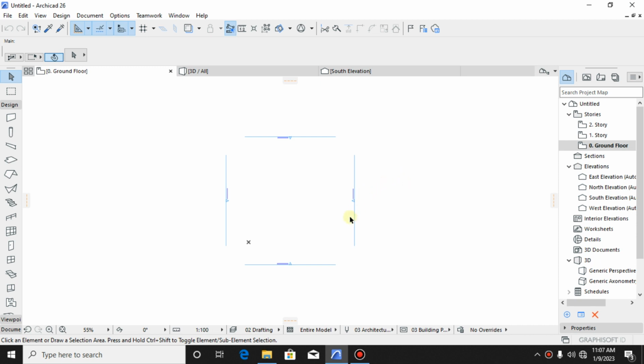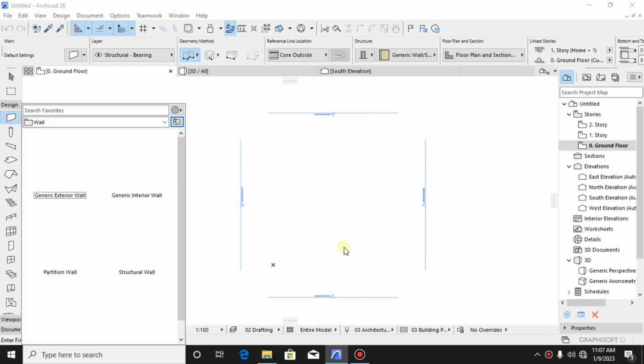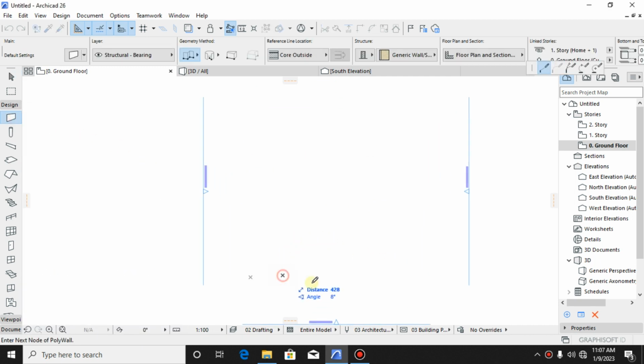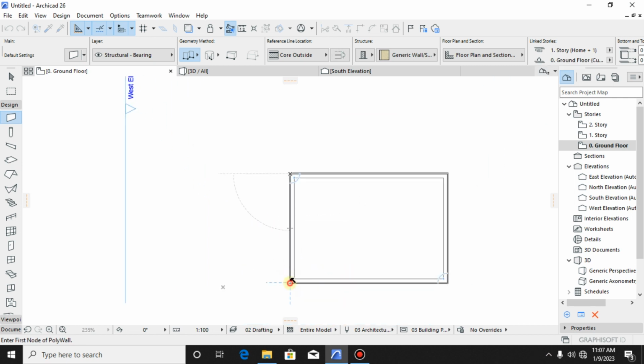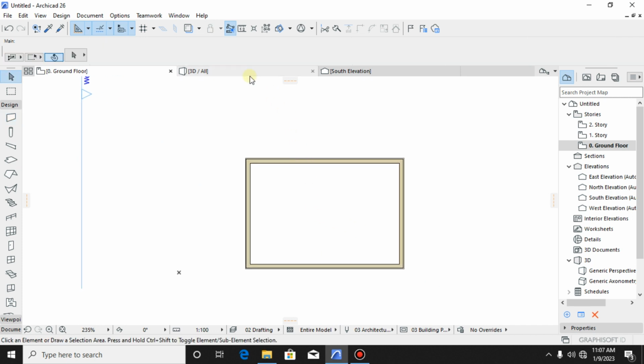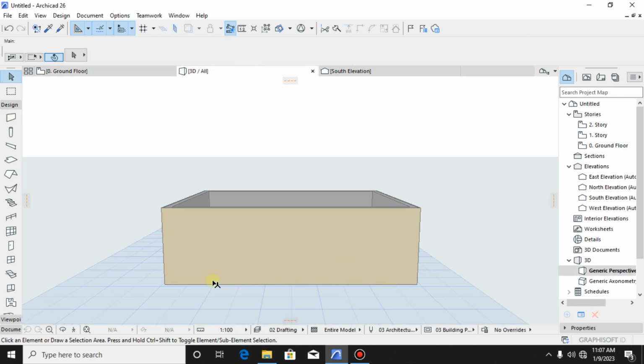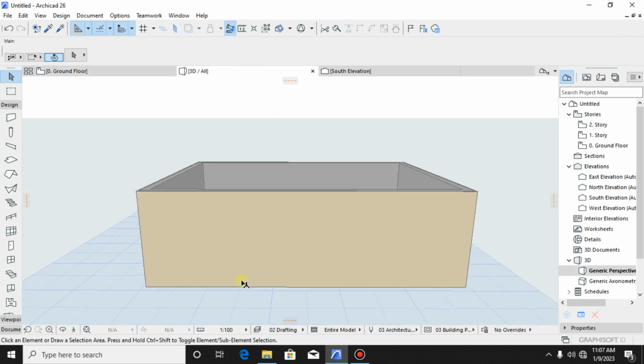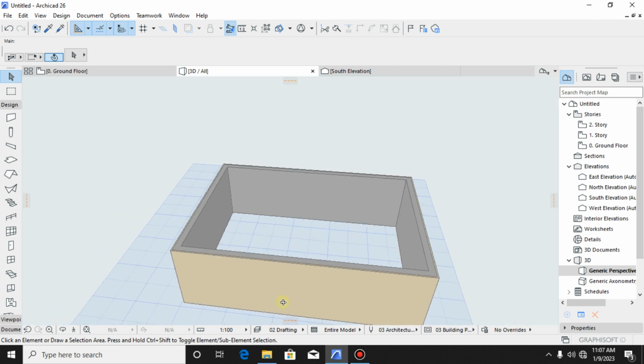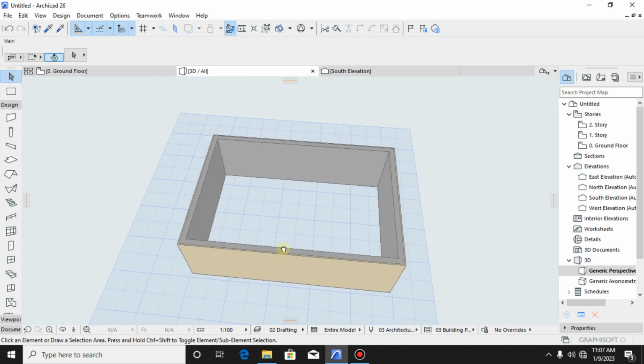So suppose you are new to Archicad and your wall height is always 3 meters as a default, and you want to change that height to something unique, something different that can accommodate your standard. As you can go to 3D, you can see this is our wall, it's just a random